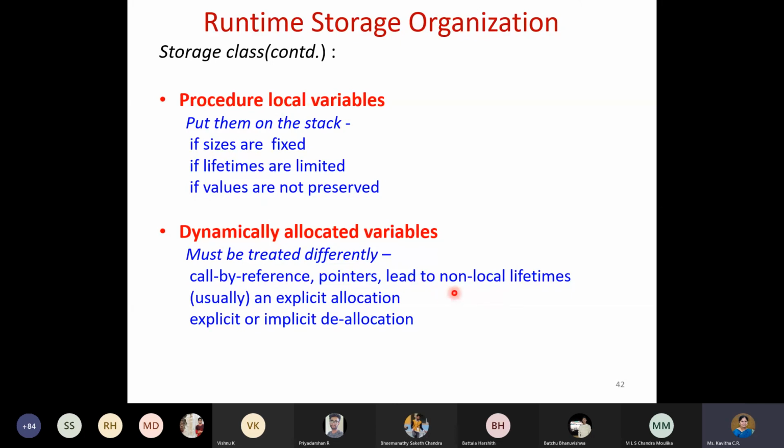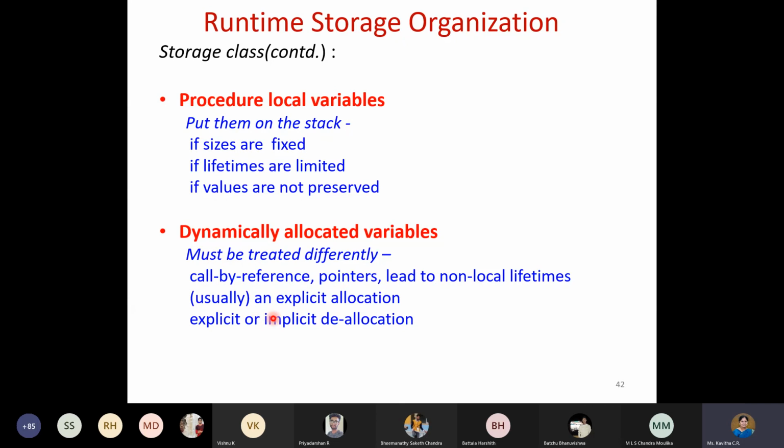And also lifetimes are not fixed. Whenever you want to extend, you can extend using dynamically allocated variables. In this situation we go with the heap, because we want to extend the lifetime and go beyond the function activation. Once you use the stack, it will just push, and it will pop after some time once it is returning. But if you want to go beyond that, then we'll be using the heap structure.